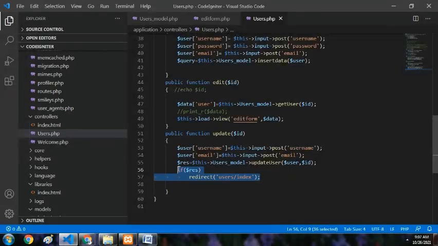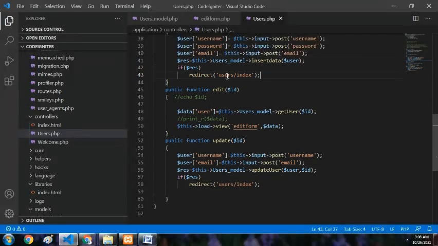Same way we can do this in the creation also. After creation, insertion of data, if I am taking the result, I can do like this, redirect to users slash index. No need for this index, we can simply remove it because by default it will take the index function first.